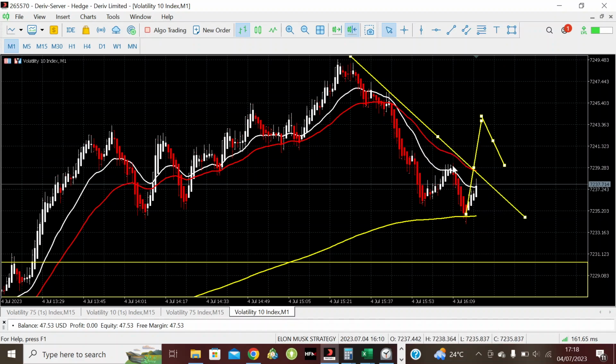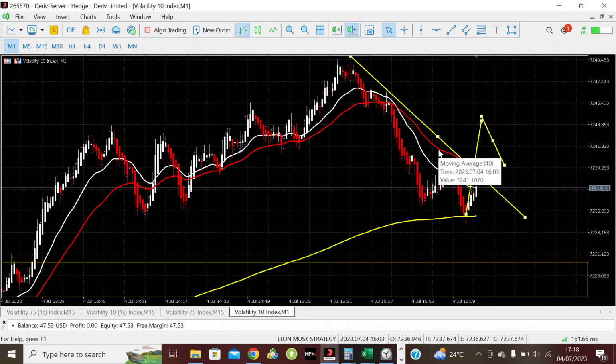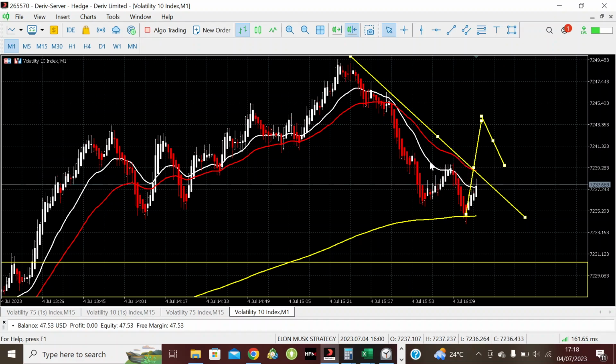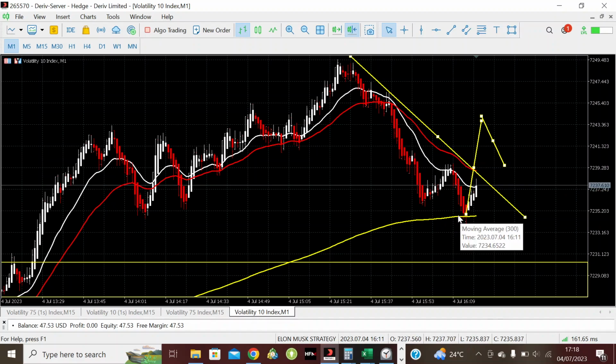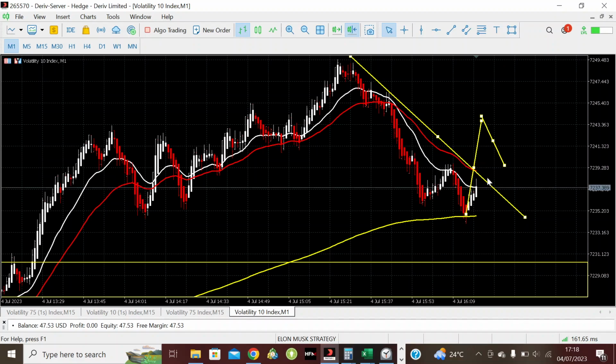You see this moving average. I didn't even tell you guys about the moving average. Sorry about that. This is the 40-day moving average, the red one. The white one is the 20-day moving average. Then the yellow one is the 300-day moving average. So the reason for these moving averages is just to give you entries. Okay, on this 1-minute chart,